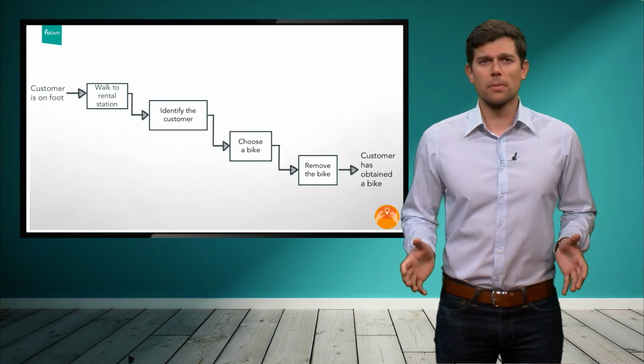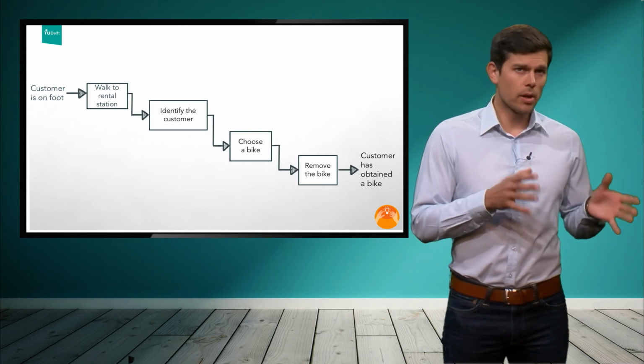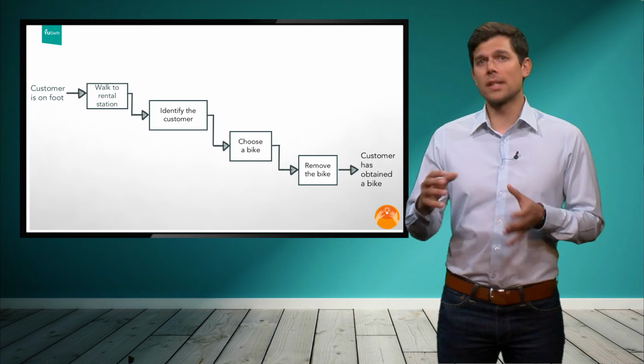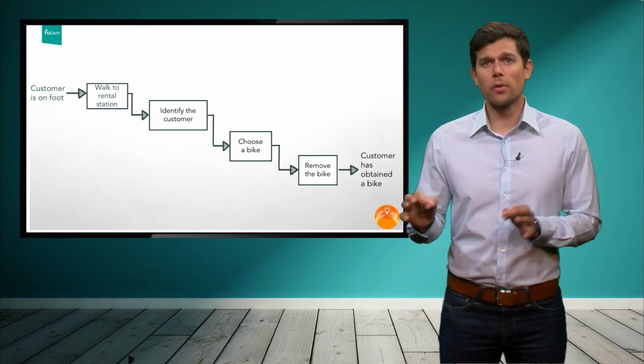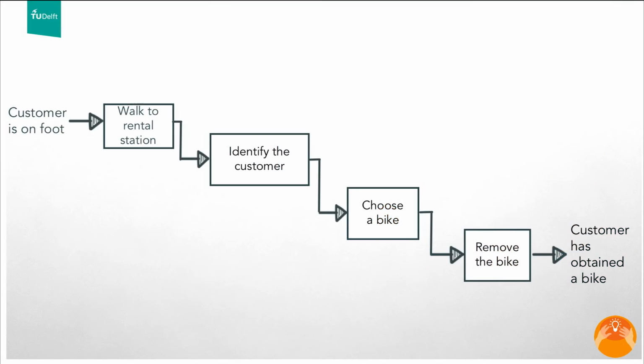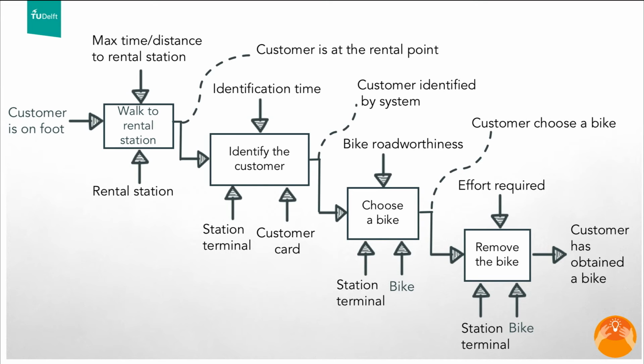This is really how you can use logical, causal reasoning to determine the specific steps that will be required to realize the rental service. If you take a look at the new model, you can see that the overall state change is still the same as in your very first box. So it is really about taking apart the use case into all the little bits and pieces that are required therein. And every time you get a new in-between state, and for every new block, you should determine the relevant information inputs and resources required. Thus you gradually build up the full model as you go.